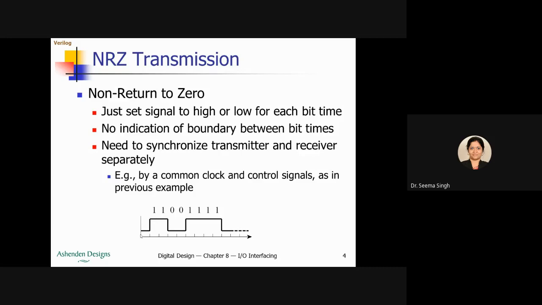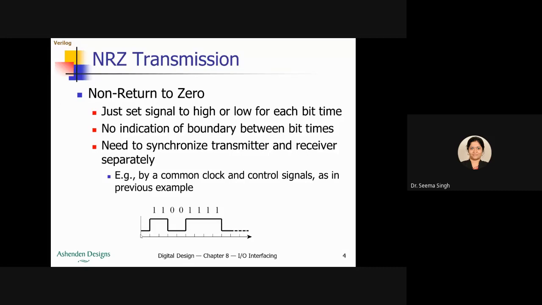In this diagram, in the waveform, what you can see is NRZ, that is non-return to zero serial transmission. The most significant bit is transmitted first, and when there is no bit on the signal, the transmitted value is 0. So in this case, whatever you can see on the screen, we assume that the value on the signal when no bit is being transmitted is 0.